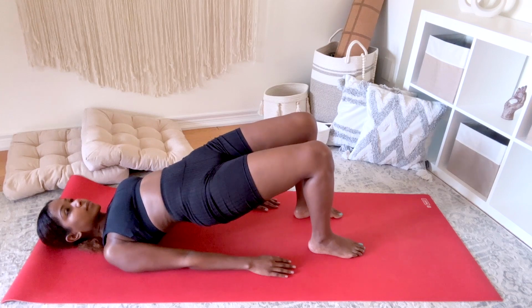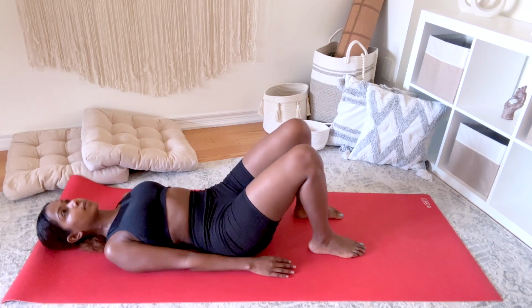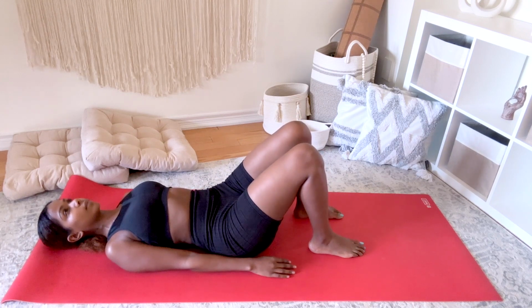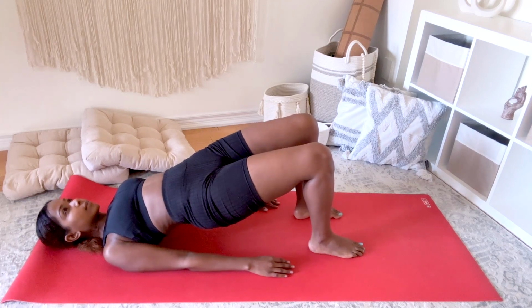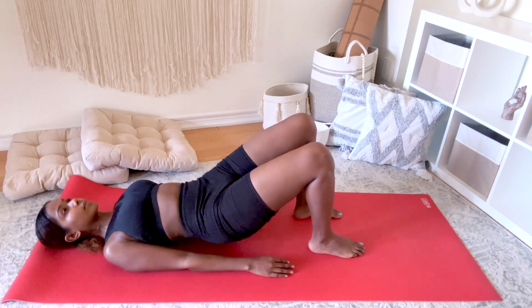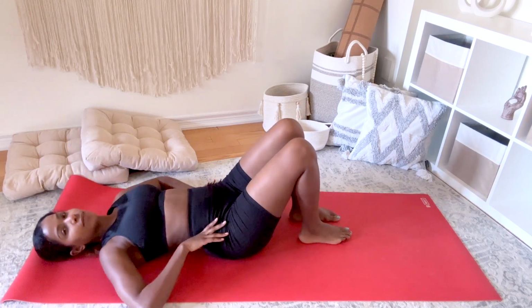Breathe here. Try to lift as high as you can. Exhale, release. Engage everything again and lift your hips off the mat. Look up at the ceiling. Breathe. Exhale, release. Now, shift your bum away from your body